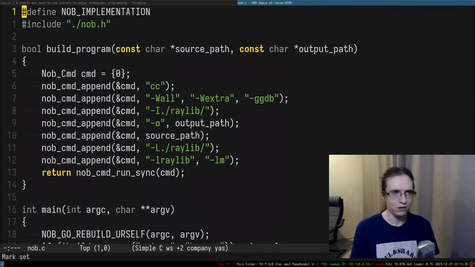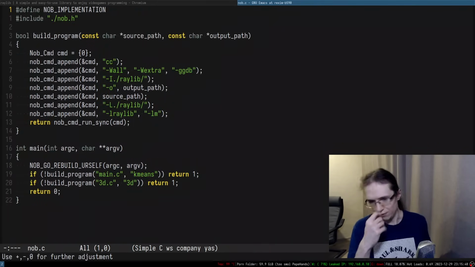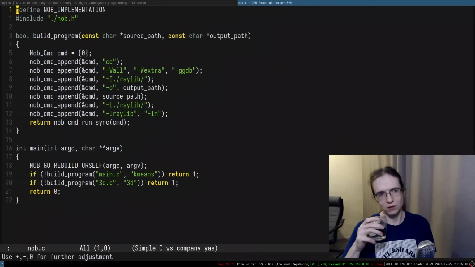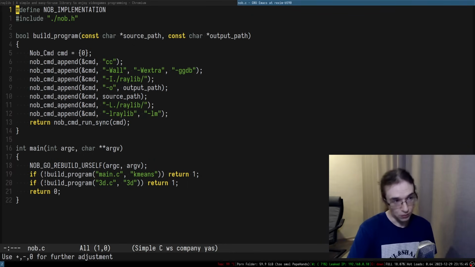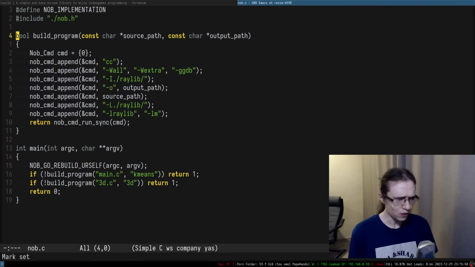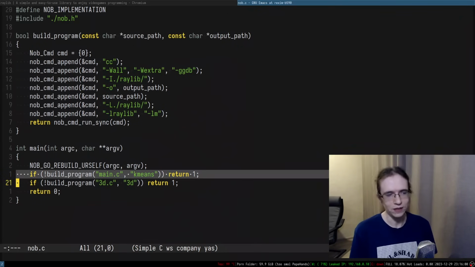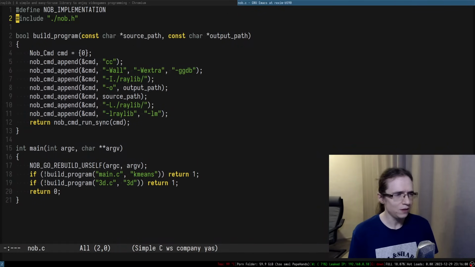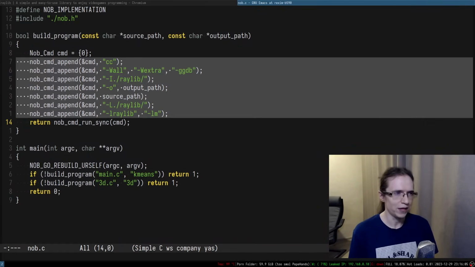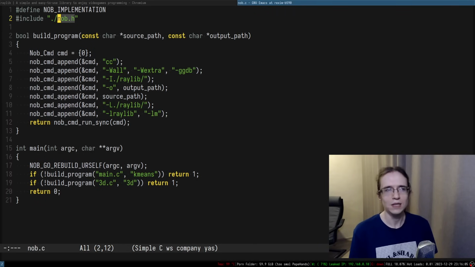So I have a very simple build system, and as you can see, it starts to slowly evolve. Now I can support multiple executables in here, which is pretty cool. If I want to make it work with MSVC, for instance, the only thing I'll have to do is implement this particular function differently, and all of the logic in here is going to stay the same. So maybe this kind of stuff at some point I'm going to factor out right into the knob. Maybe there will be a very simplistic cross-platform builder,